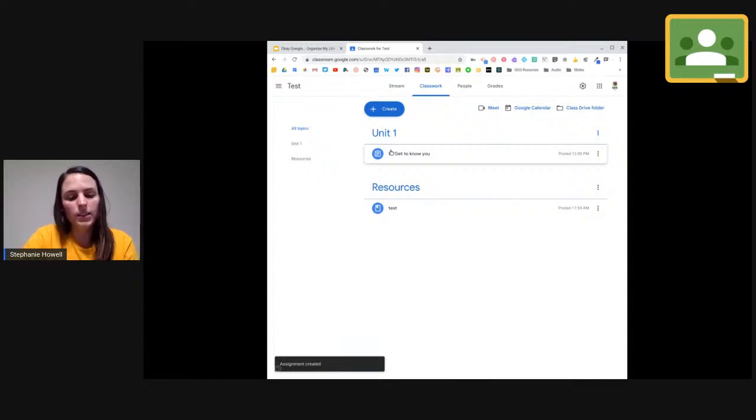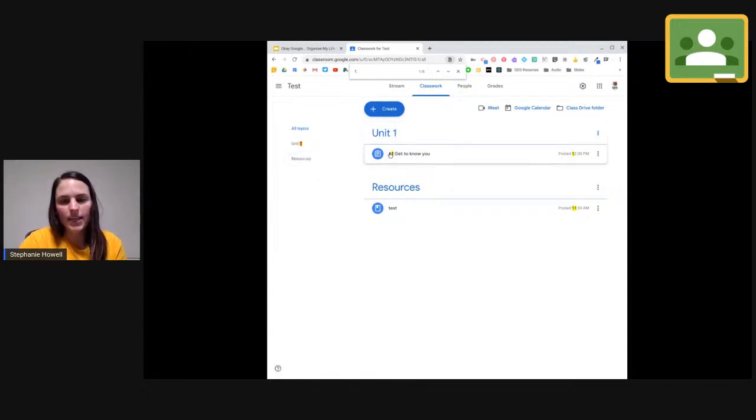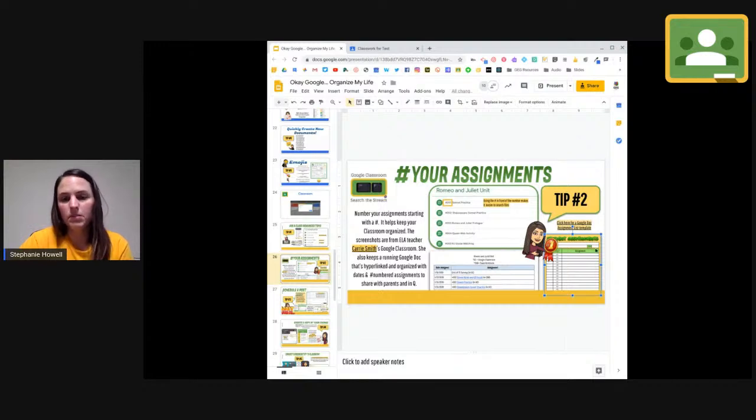Also, if you use Command F or Control F and type in 1, they can quickly find all the places that it has a 1. So for example, there's 1s everywhere. So I might want to be a little bit more specific and add number 1, get to know you, and I can quickly find that resource on my classroom. This will be a great tip for students, especially at the beginning of the year when they're trying to find resources in your Google Classroom. And again, there's templates linked onto all of these slides.